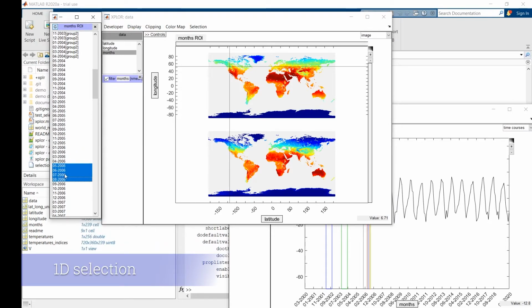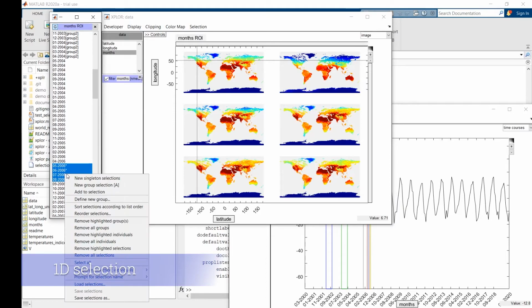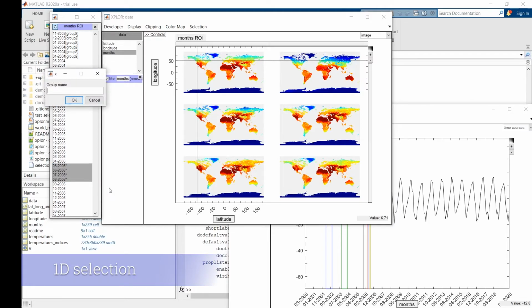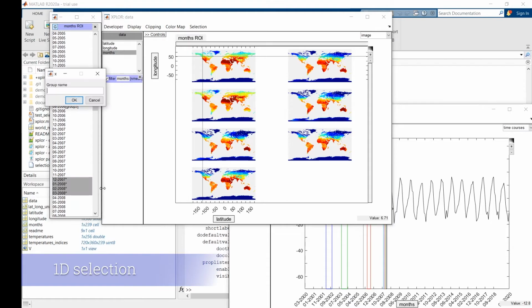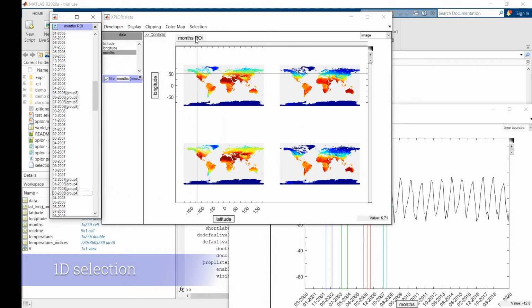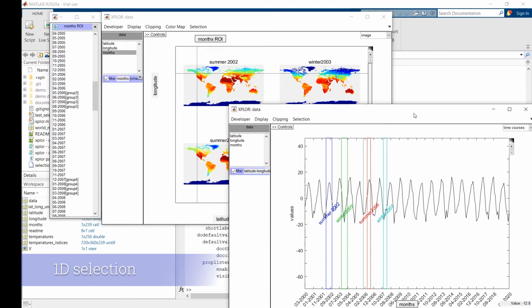Here it displays the month I selected, and with right click, new group selection. It did the exact same thing as if we selected graphically this group.